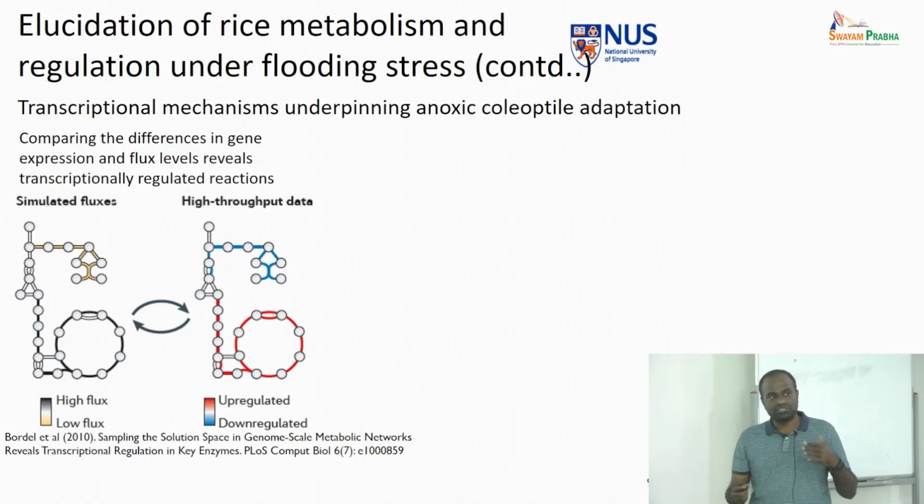One way to do it is a comparison between the gene expression levels, which are measured in both aerobic and anaerobic conditions. And the other thing is we already simulated the fluxes in aerobic and anaerobic, right? So we can do a comparison between these two. Whatever agrees will provide a higher confidence that it is actually happening in the plant cells, whereas if there is a contradiction, then you will be able to improve the prediction further. So as such,